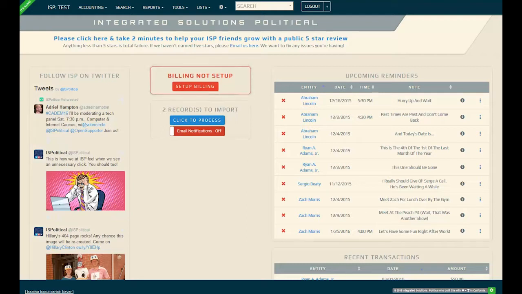ISP and PDI have integrated to an unheard of extent. We actually share databases. So when you're in your PDI database working with all the voter data there, you can rest assured that you're going to get maximal integration if you then use ISP. So I'm just going to walk you through and show you how this works.